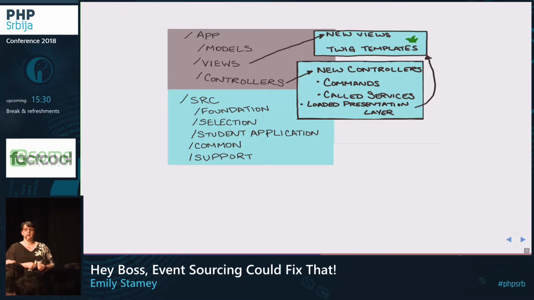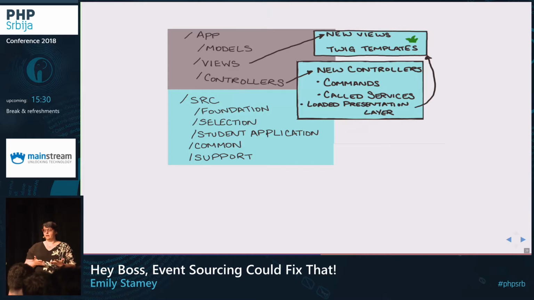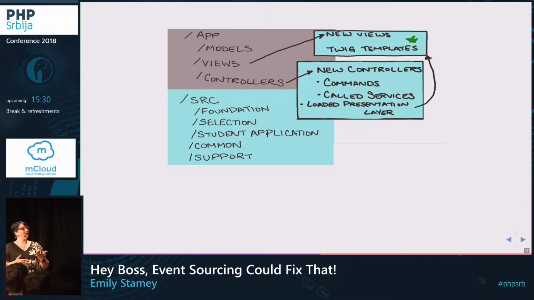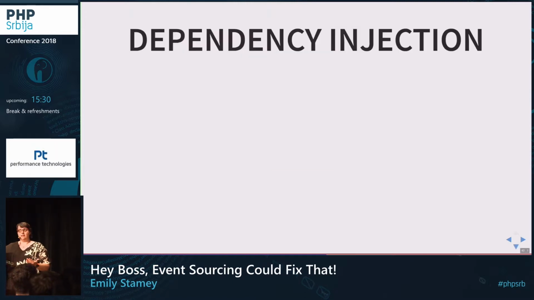And then anytime we were ready to replace a section of the code, we created a new controller to manage that new code. And we would just lock people out of the old controller or those methods that were no longer relevant. So we would retire it in pieces using this technique. And that new controller would access our new commands and our new services and build that presentation layer with Twig. And the way that it became aware of those was using dependency injection.